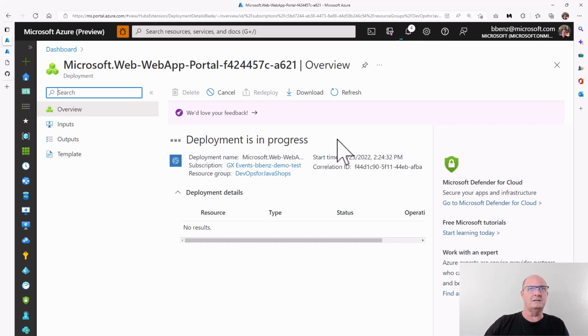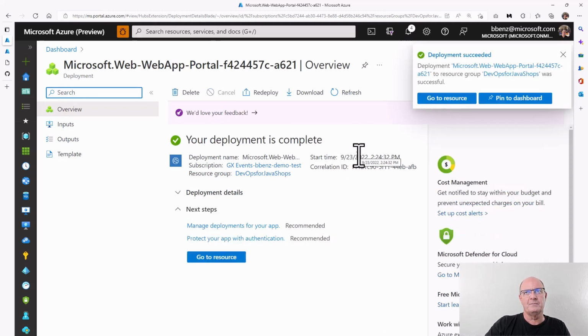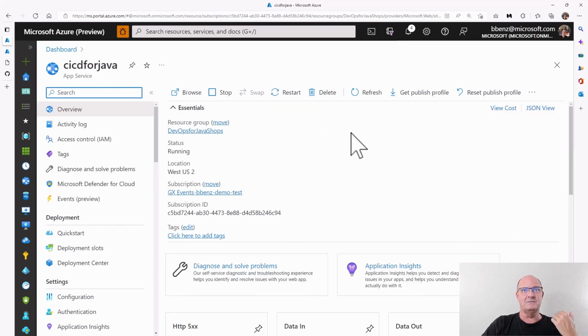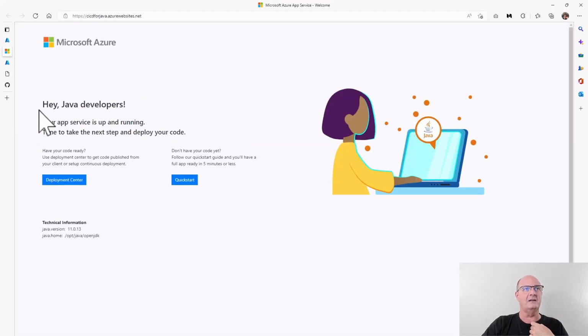So this deployment is going on. It looks like it's deployed, CI/CD for Java, but let's just give it a second here. Yep, there we go. So the deployment has succeeded. Technically, that's true, because it created the resource, but it's not true in the sense that the application's not running. So if you go to CI/CD for Java and you click here, it tells you, hey, Java